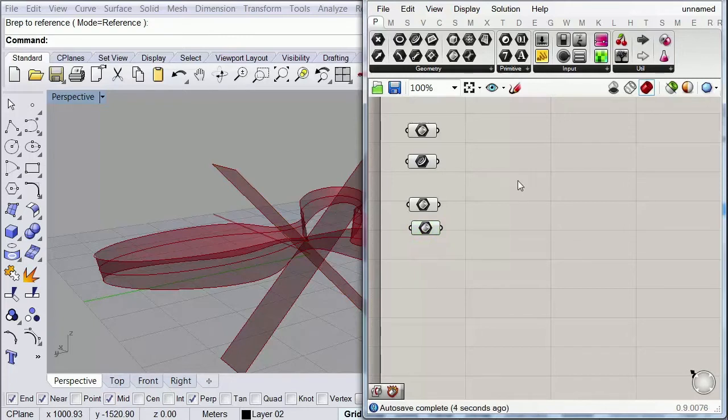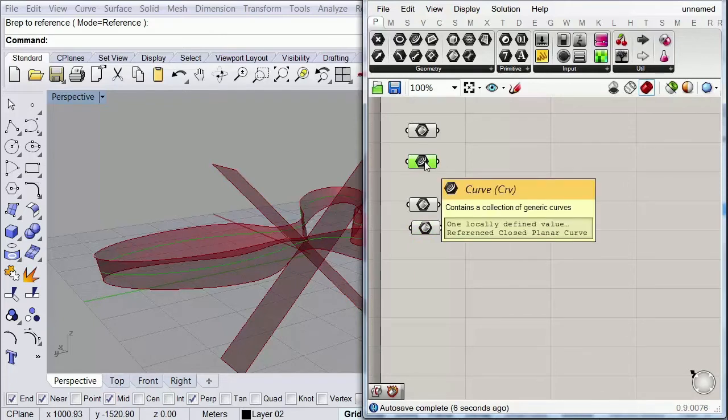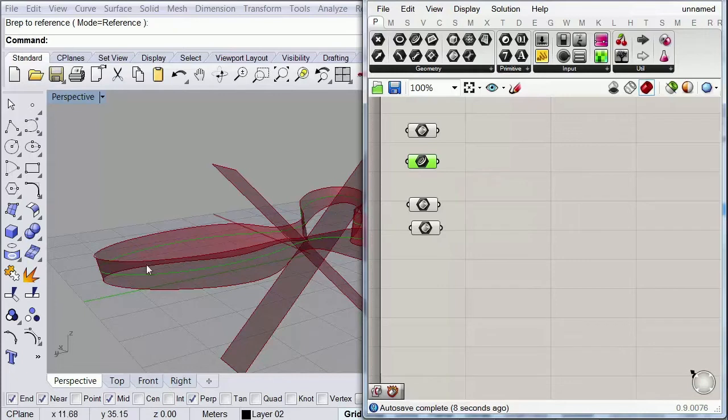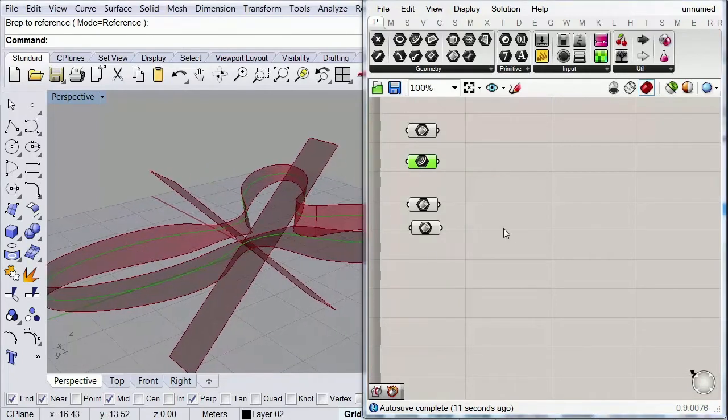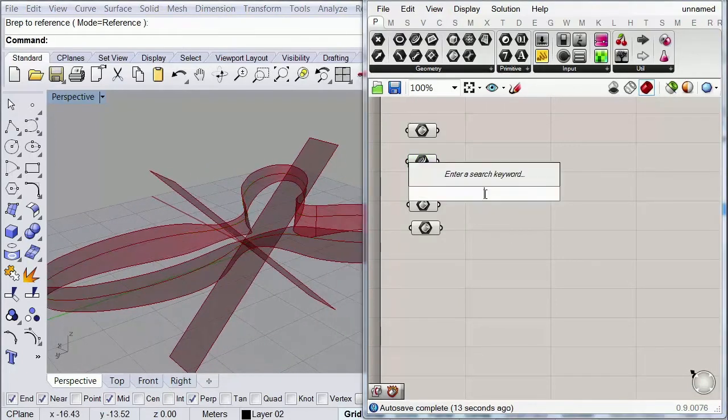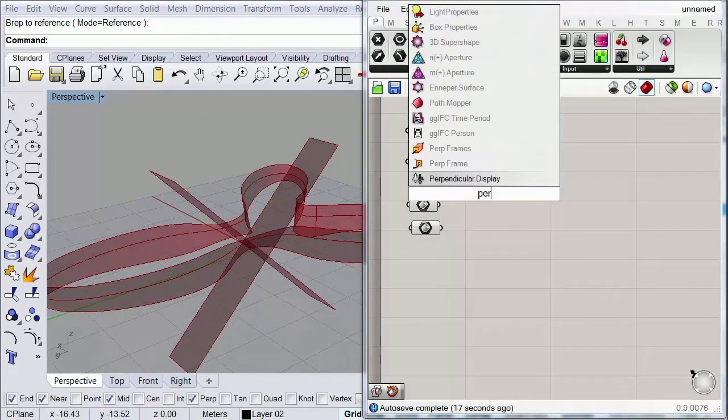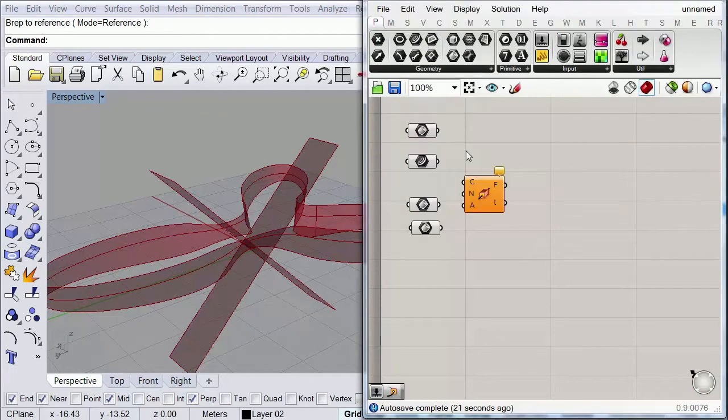And the next thing that we're going to do is to locate a set of perpendicular frames around this curve that we have over here. So to do that, I'm going to call a perpendicular frame component, which is this one over here. And as an input, I'm going to put my curve. And by default, it creates a set of frames over here.